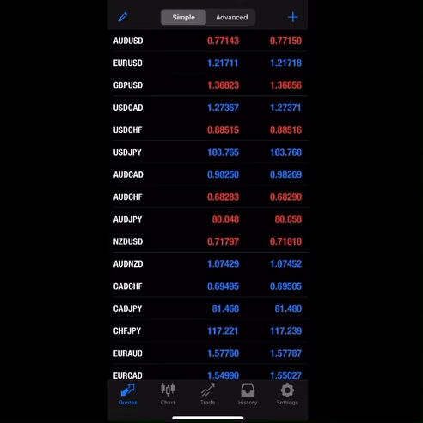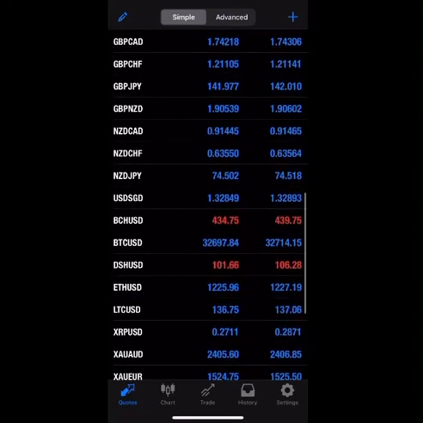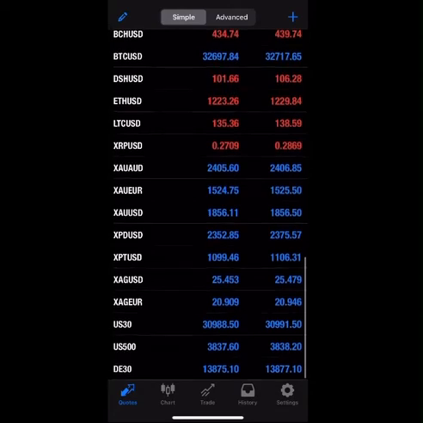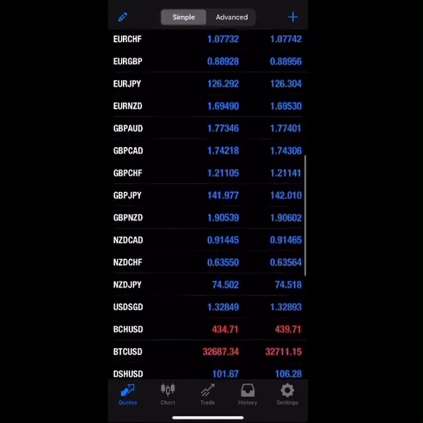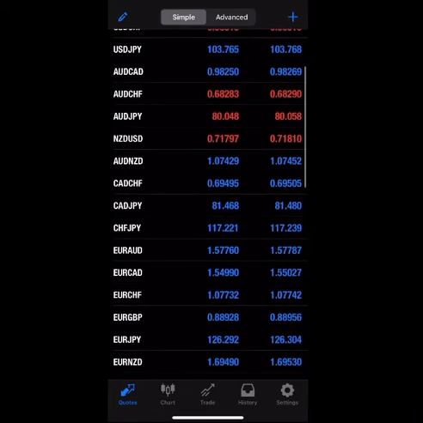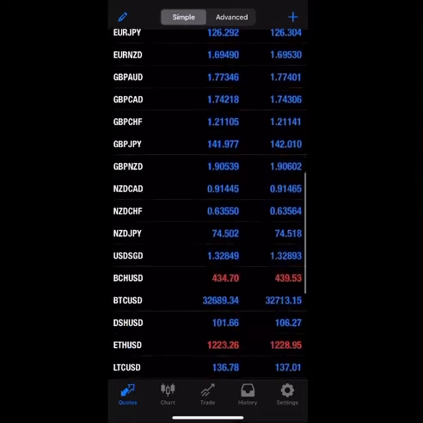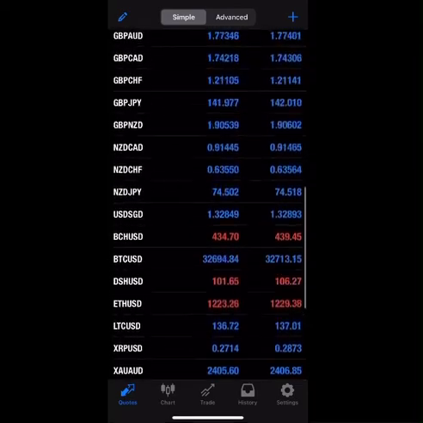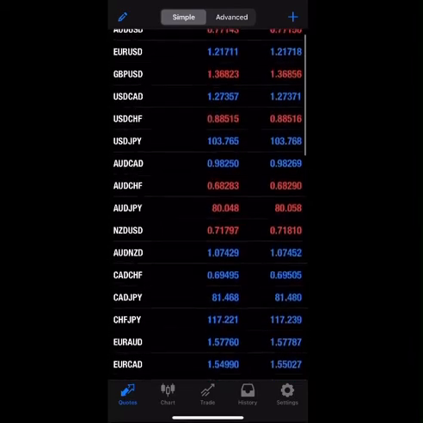I've now added most of the currency pairs that I want to trade on a regular basis. Now obviously the ones that you do add will depend upon you as a person and also your trading style and what you wish to trade. So here again is the quote screen, and you can see all the currency pairs that we can start trading